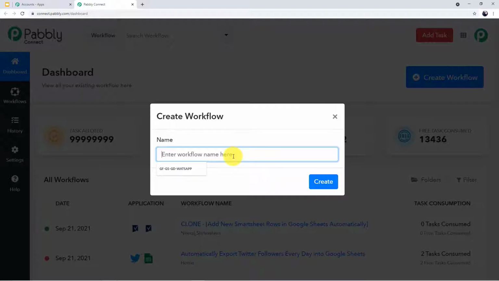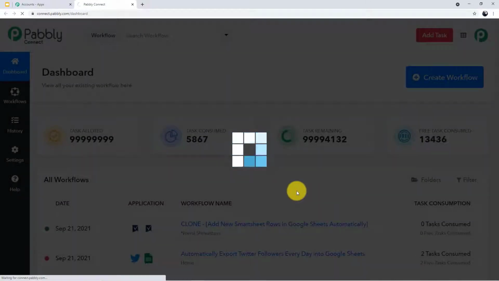So let's say I'll name my workflow as send certificates to students directly on WhatsApp. Okay, so this is the name of my workflow. Now I'll click on create.